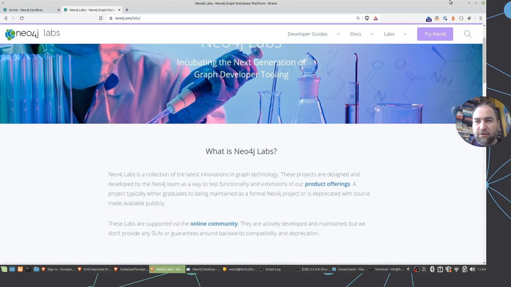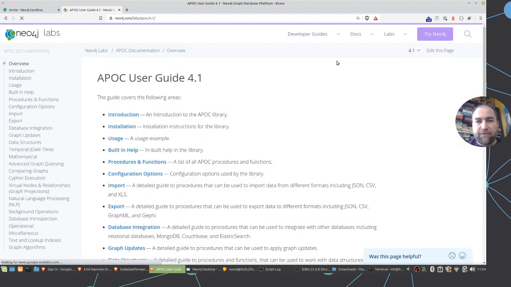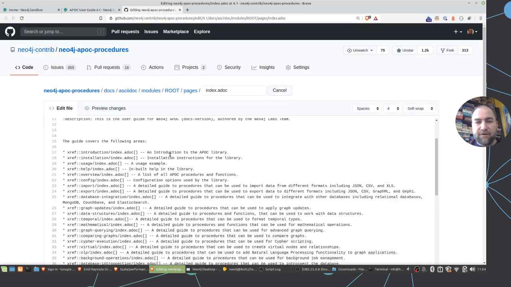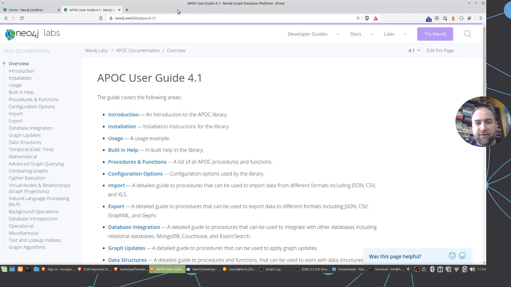in general. The docs and labs documentation on neo4j.com has been revamped, and now we have the developer guide, but also the labs docs in a nice new format with some really cool improvements. One is you can edit the pages, so you can actually submit edits and improvements. If I do this, it gets me to GitHub to the page, and I can send a pull request. If you spot any typos or improvements, or you want to add an example to something, then please